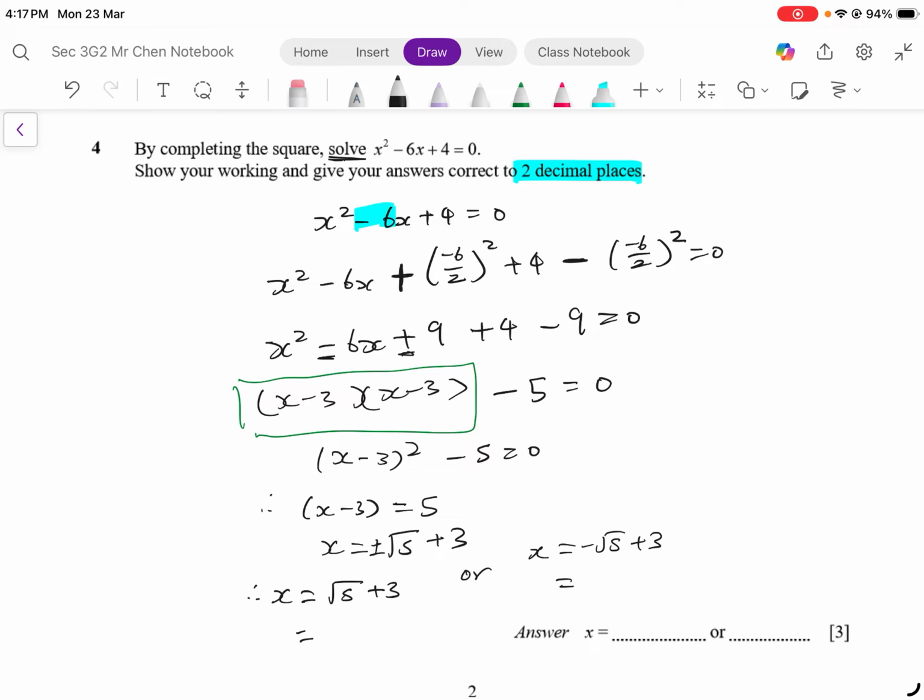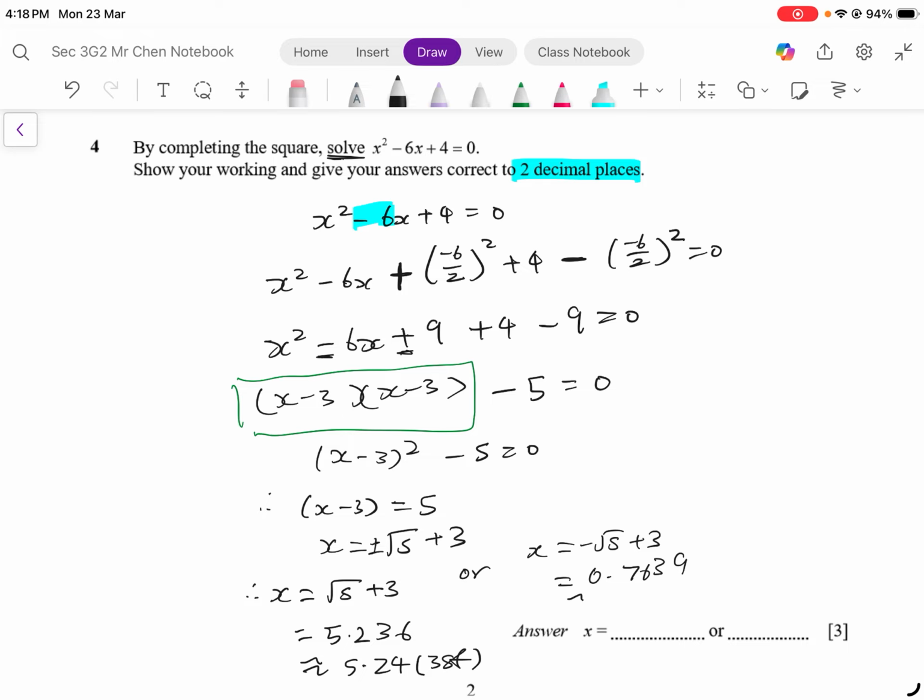Okay, so you should get 5.236, round up 5.24 3SF or